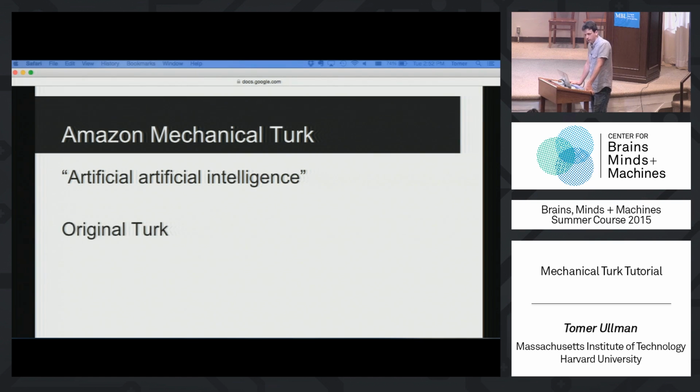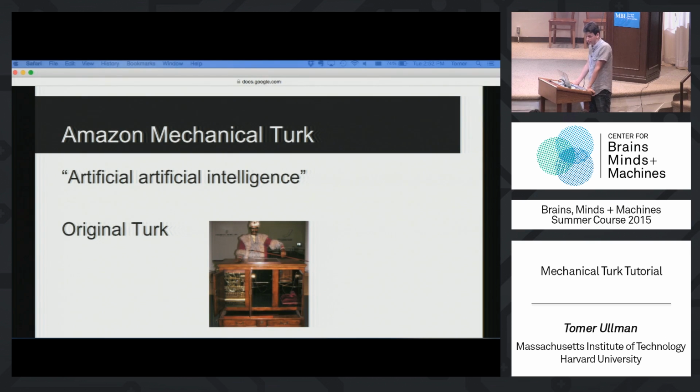Do people know what the original Turk was? Who doesn't know, raise your hands. Okay, so the name Mechanical Turk comes from this 18th century mechanical contraption called the Turk, which was a chess-playing device that supposedly ran on clockwork and could beat some of the finest minds in Europe. I think at some point it played the Austrian Empress and Napoleon. And it floored people. How could this work? And the inventor said, well, I've invented a thinking device and the clockwork just solves it. And a lot of people, of course, figured that it must be a hoax, but they couldn't be sure exactly how it worked. And it was, of course, a hoax.